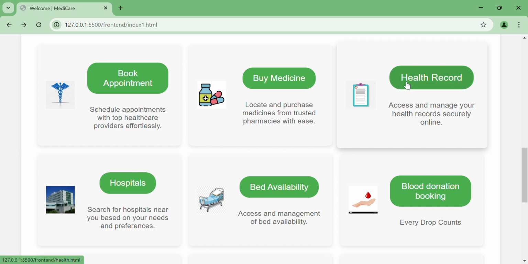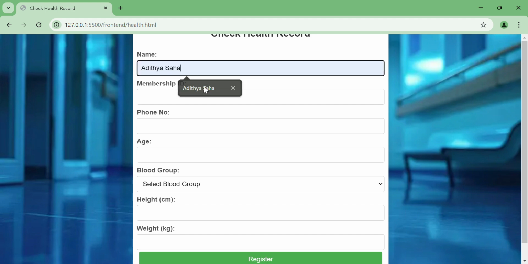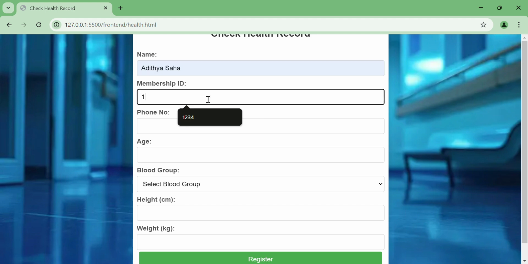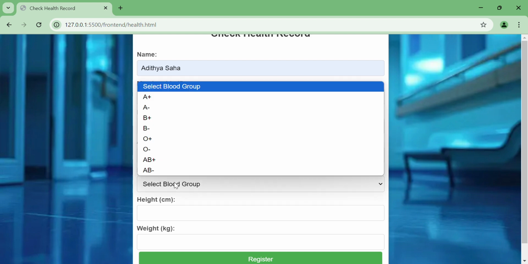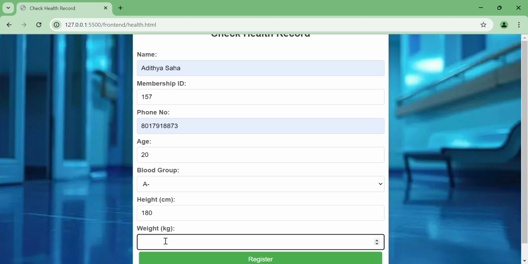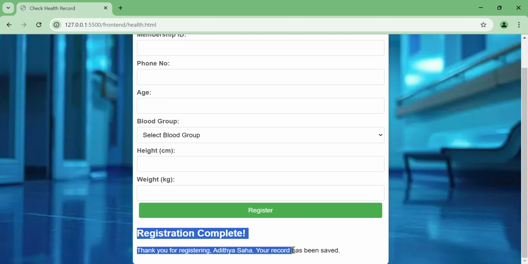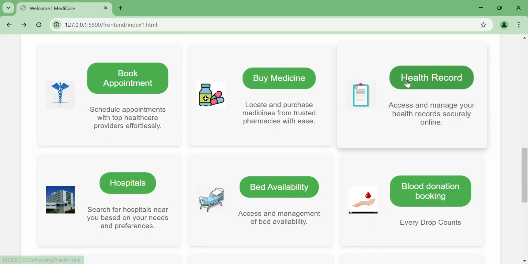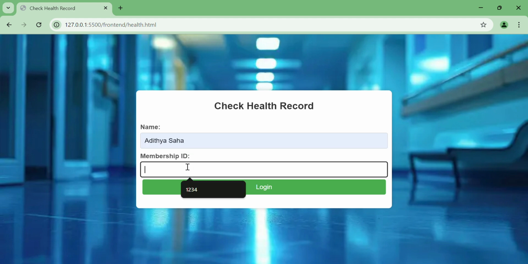Now when we click on health records, let's say I'm a new user. My name is Aditya, my membership ID is 157 and my phone number is this, age is 20, blood group is A negative, height is 180, weight is 80. Register. As you can see, our registration has been completed,